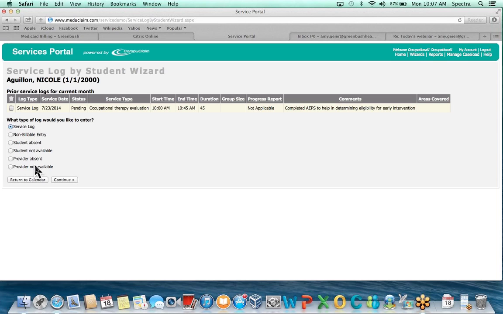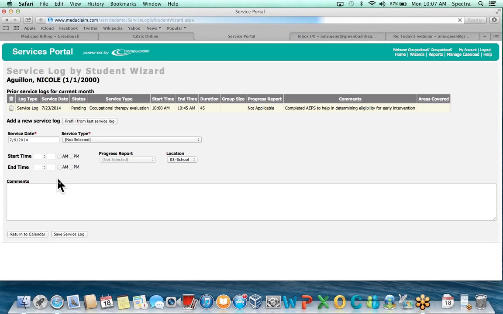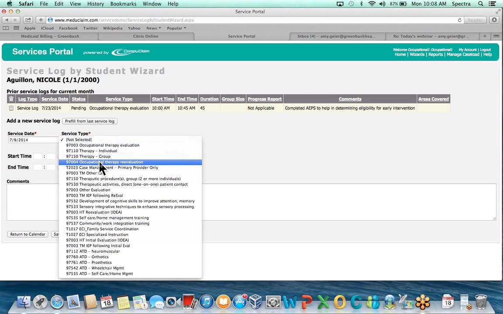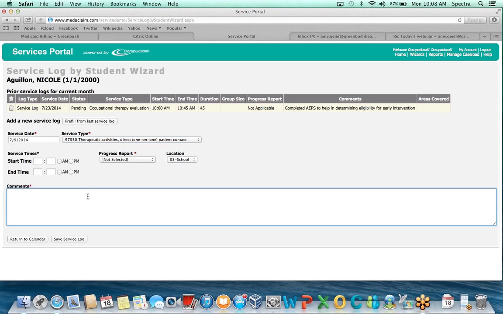If you'd like to enter a log, just hit Service Log, hit Continue, and up here you can select whichever code. It's going to be specific to your specialty. So if you're a speech provider, you're going to only have speech codes. If you're a physical therapist provider, you're going to only have physical therapy codes. So you select your code, you enter your start time, make sure you select AM or PM, your end time,